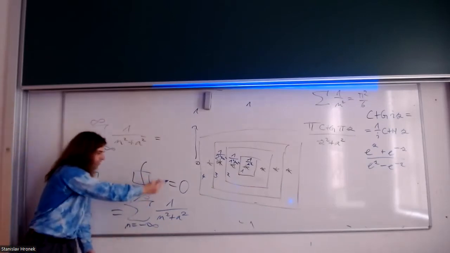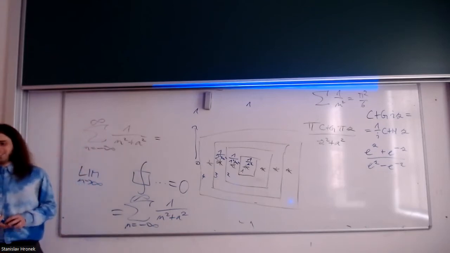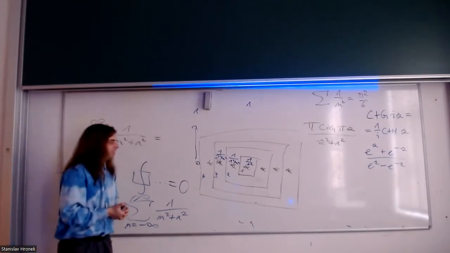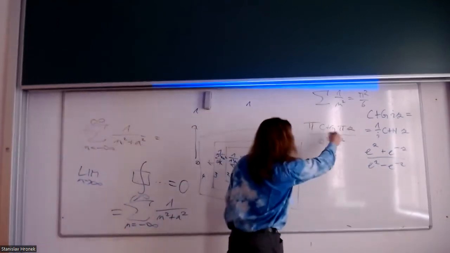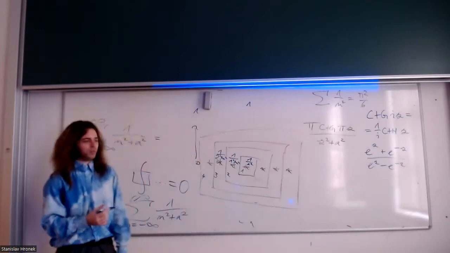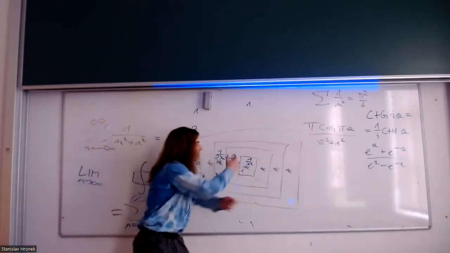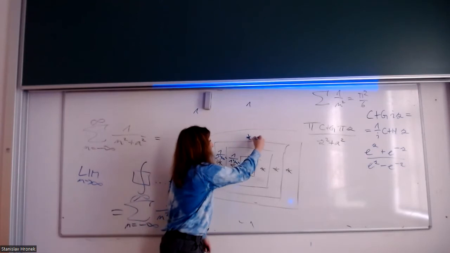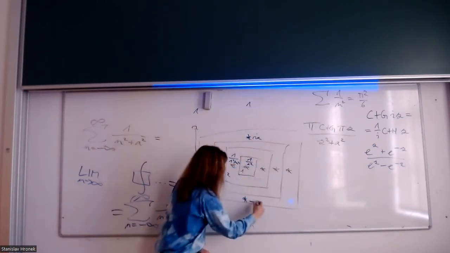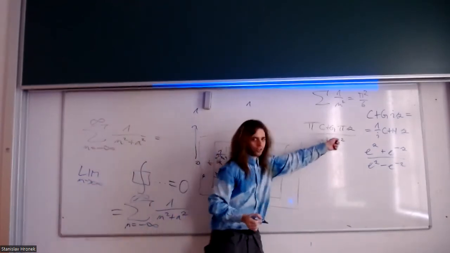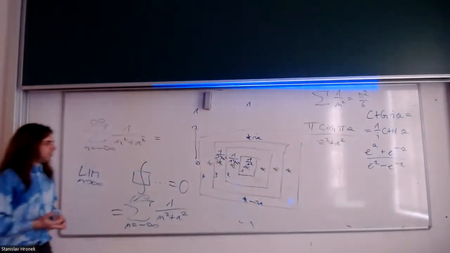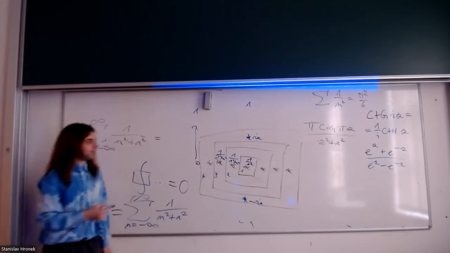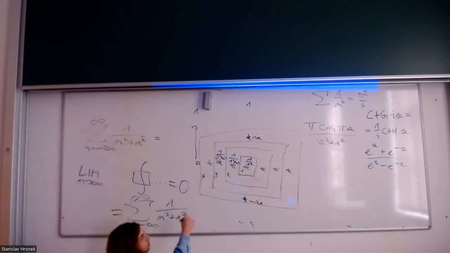If you look at this result as it is now, it wouldn't make any sense, because we can't miss the poles that the 1 over z squared plus a squared contributes. After all, there is one pole at ia and another at minus ia coming from this function 1 over z squared plus a squared. So we need to consider those poles as well. And that's not very hard to do because we just need